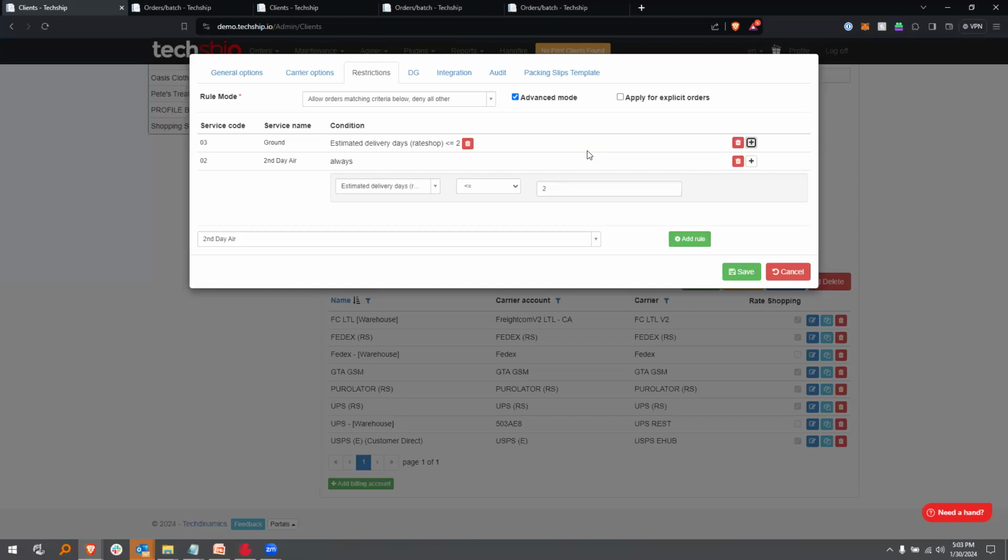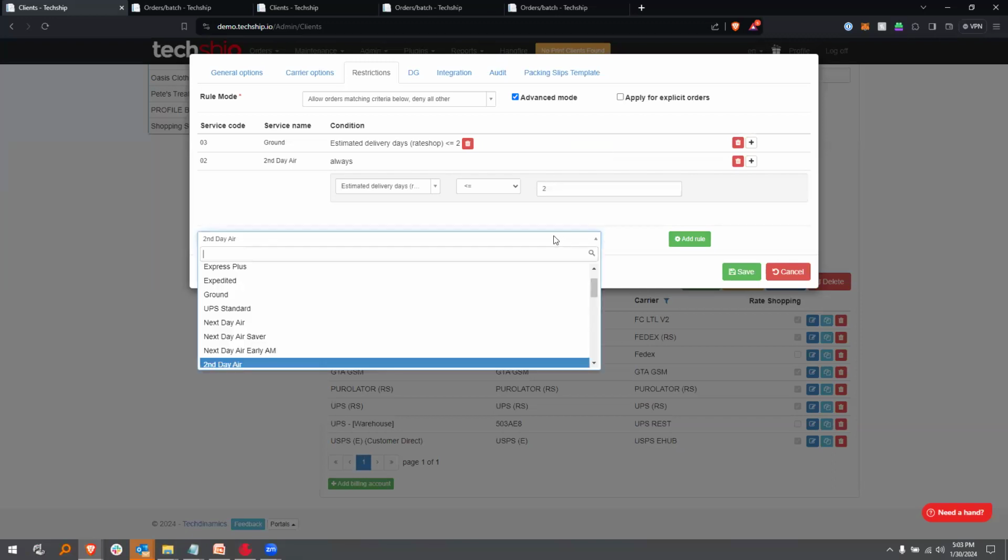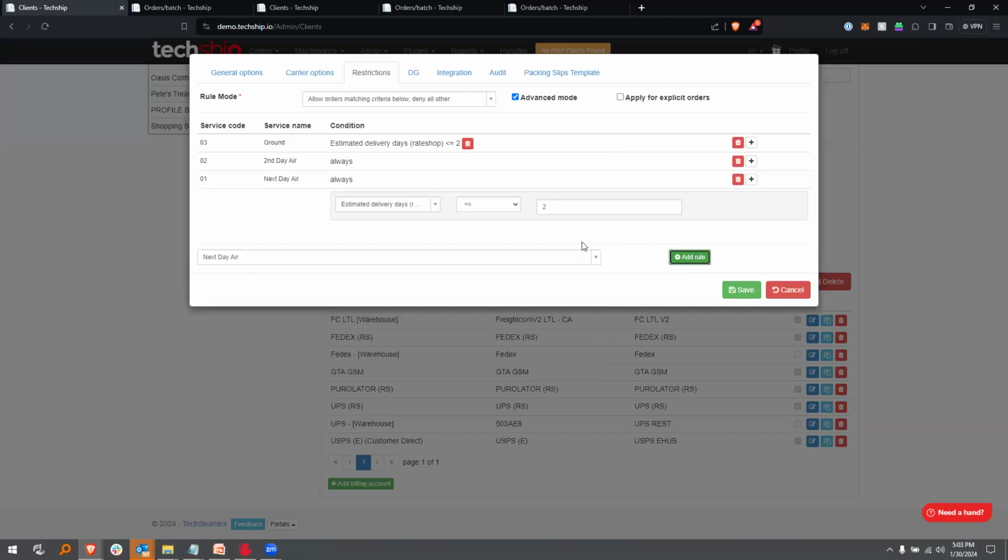Or better, maybe same day, right? I could also include next day air here. And this kind of restrictions would save me a lot of money having the same performance, okay? And you can obviously keep all the savings to yourself. If you're marking up, if you are charging your customer in different ways, all these savings can deliver the performance that you want, but by a much lower price and without the worry or concern of making a mistake at the time of shipping something